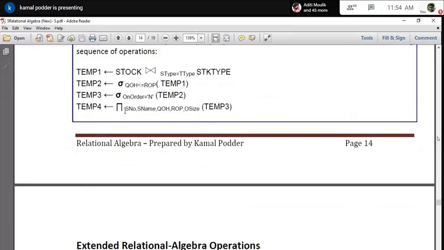When you see a select clause, select column 1, column 2, column 3, sometimes you are writing select column 1 into column 3. That is basically nothing but an expression. When you are projecting, you can also write an expression. If you want to write an expression, then you should use the generalized projection sign. I'll cover that later, okay? And this is that sign. It is the same as pi when you are not using any expression. In this case, you can use pi also because we are not using an expression. So for simple cases, there is no difference. But if you really want to use an expression here, then you should use the generalized projection sign.